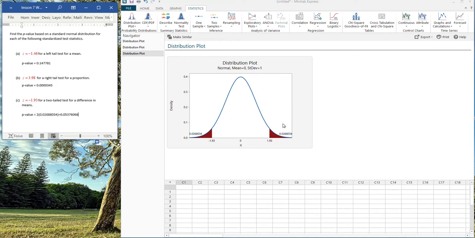But at any rate, this is how you get them using Minitab Express and the distribution plot. Now, there's other ways of getting these p-values as well. I'm just showing you one that's nice because it actually allows you to visualize what the p-value actually represents. And that's that probability of getting a result that's even more extreme than the calculated test statistic that you have. So hopefully that's helpful, and